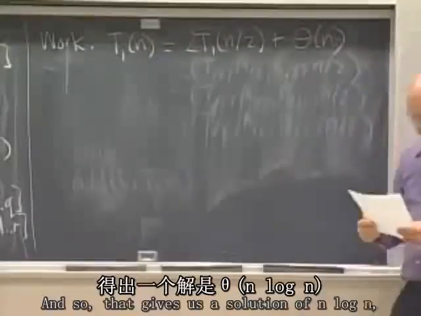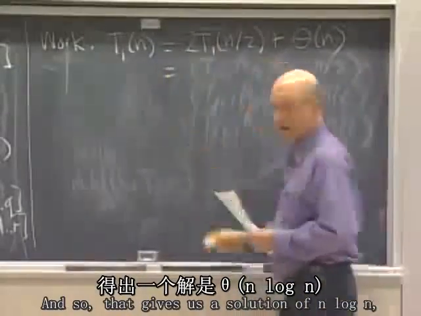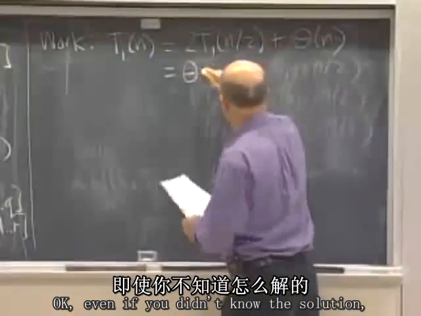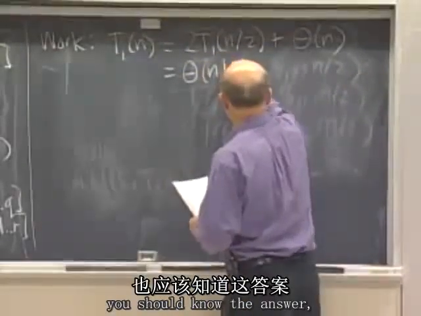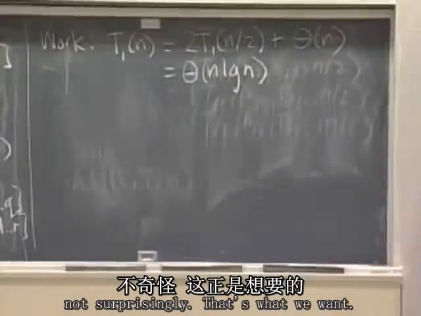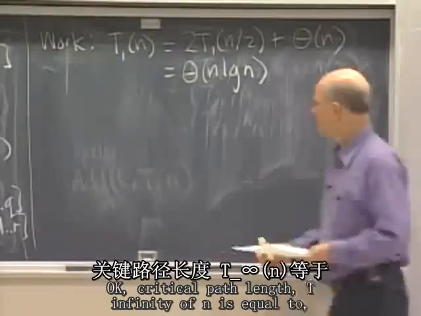And so that gives us a solution of n log n. Even if you didn't know the solution, you should know the answer. Which is the same as the serial code, not surprisingly. That's what we want. Critical path length,